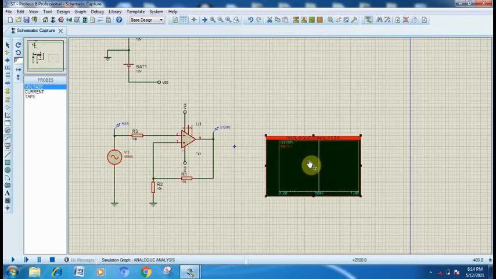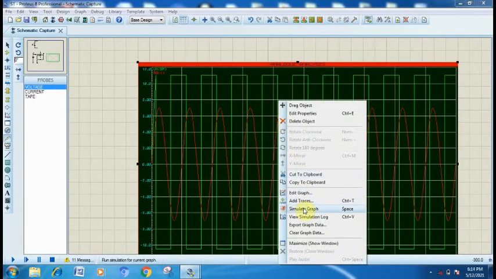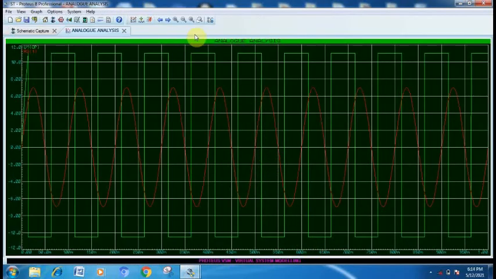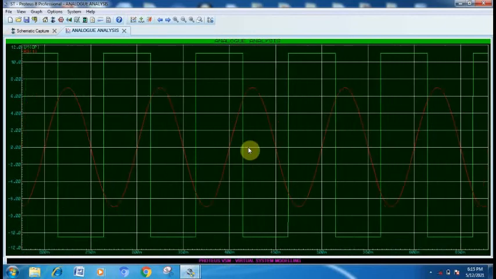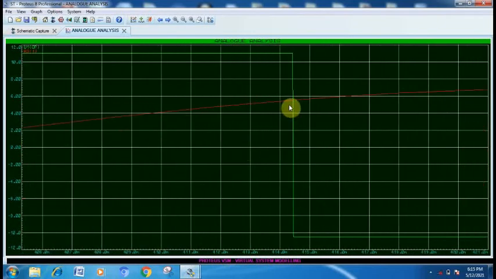Just click on this graph and press the tab button. You can observe the output. Right click on the graph and click on maximize. You can see here our UTP and LTP points.